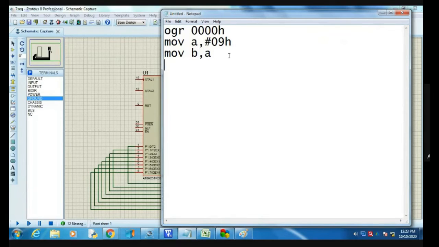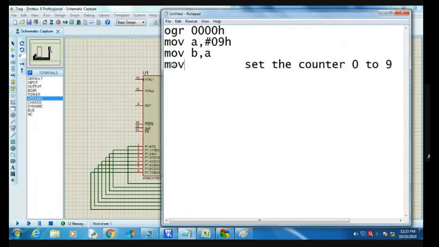Now, I am going to set the counter. Why do we require the counter? Because we started from 0 and ended at 9. So how many counts are required? 0 to 9 count is required, so there is a 10 count we are defining.